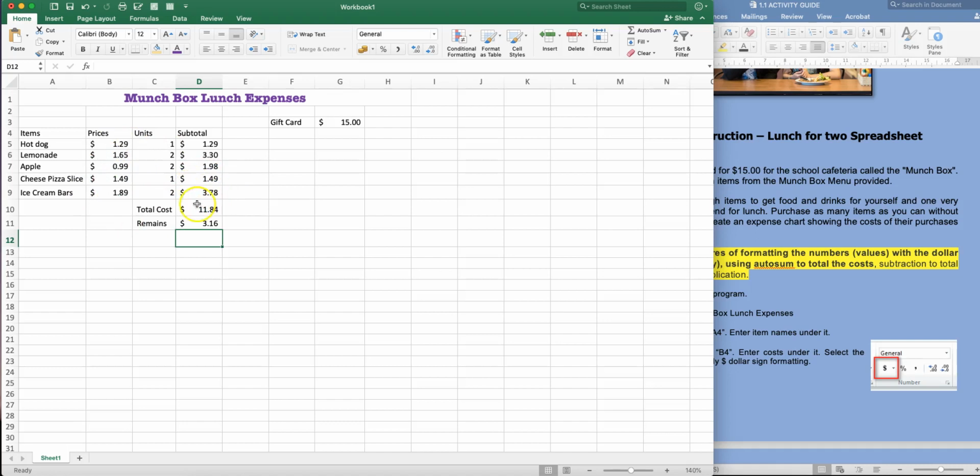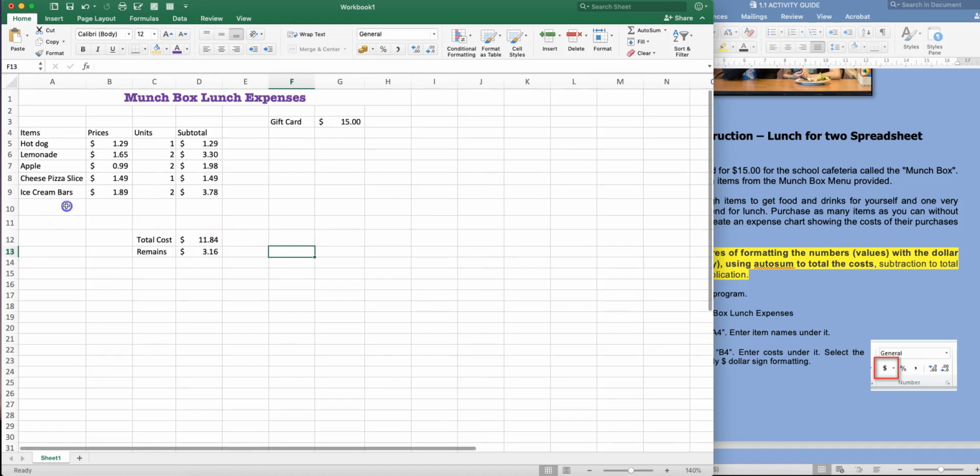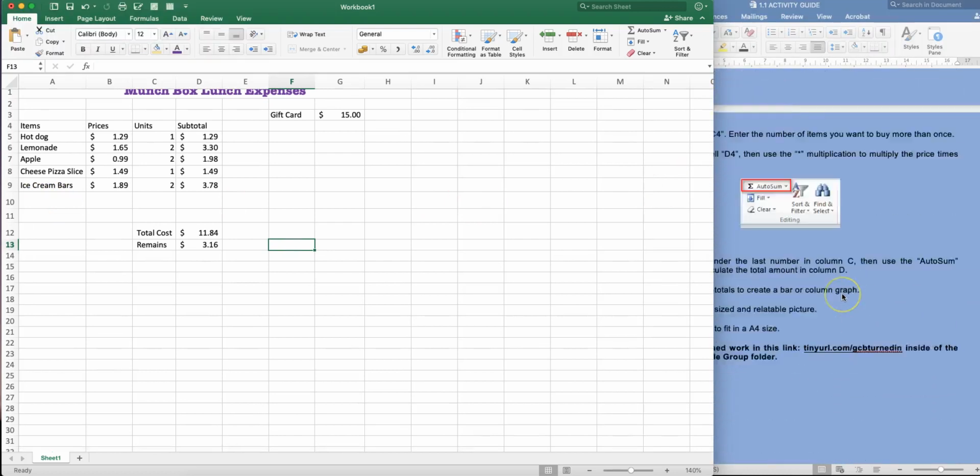If we actually want to move this and make some space, we could. Let's, for example, I want to buy something else because I know that I have extra money. So I can just select this here, and then I can just move it over here, right? And I see that I still have this, and I want to include something else, right? Because I want to include something else. So let's go back to our